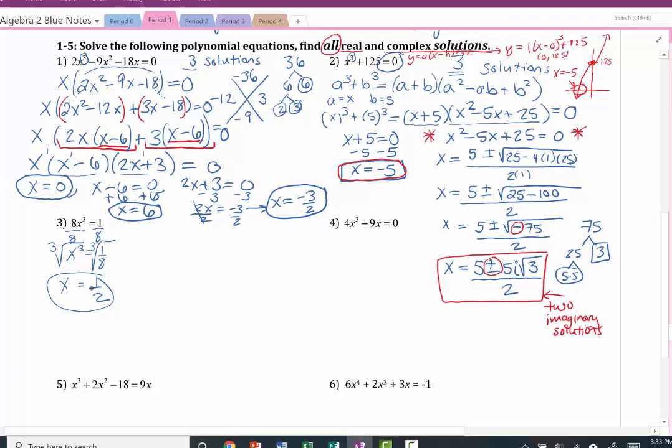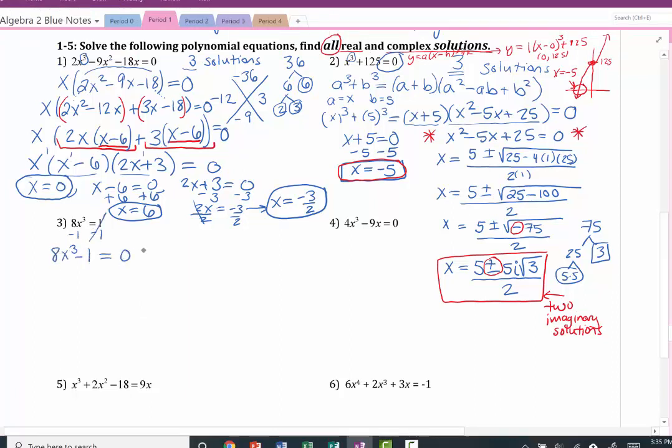It is one of the solutions. One of the solutions will be 1/2, but there are 2 more, and the only way we can find them is by using this formula to factor this difference of cubes. So we're going to scratch that. Okay, so don't fall into that trap. We want to start by getting one side of this equation equal to 0. So I'm going to start by subtracting 1,